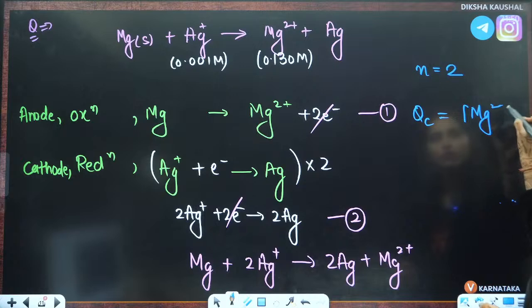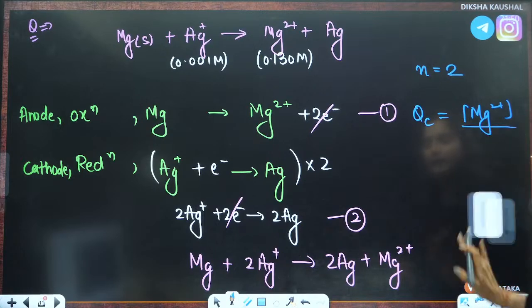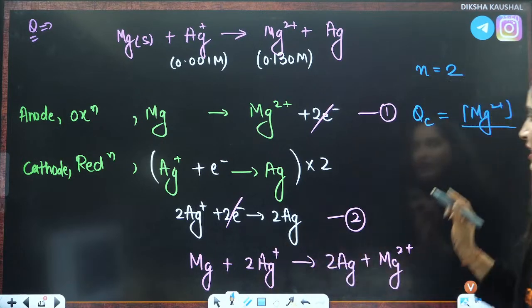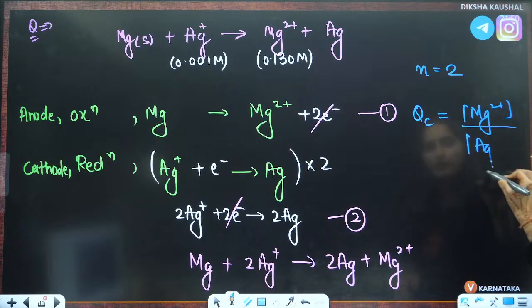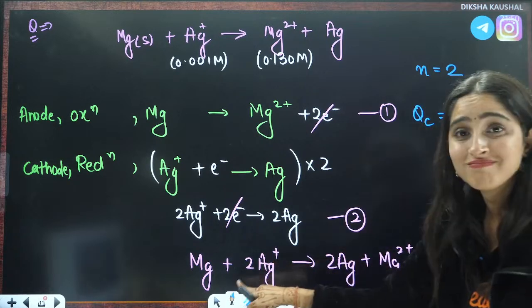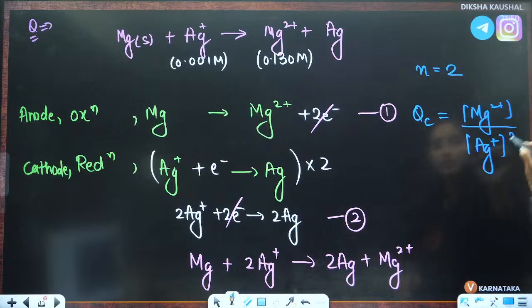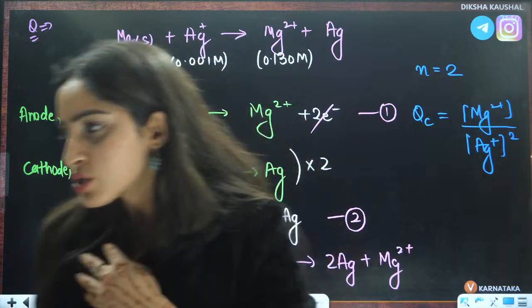the concentration of Mg2+ divided by the concentration of Ag+, that is the reduction part, Ag+ raised to the power of the stoichiometry coefficient, that is 2. But for Mg here there is no stoichiometry coefficient, so that is 1 only, right? So this will become,